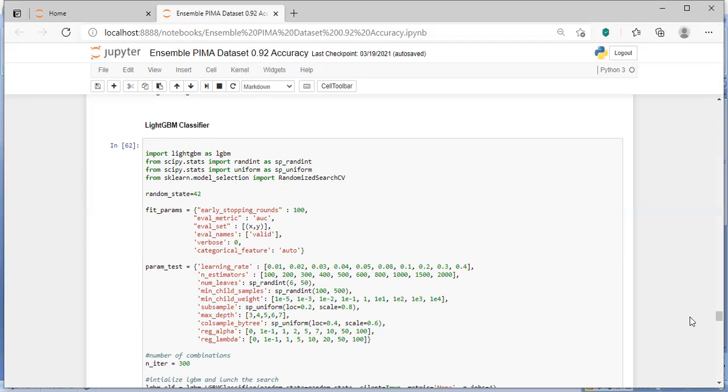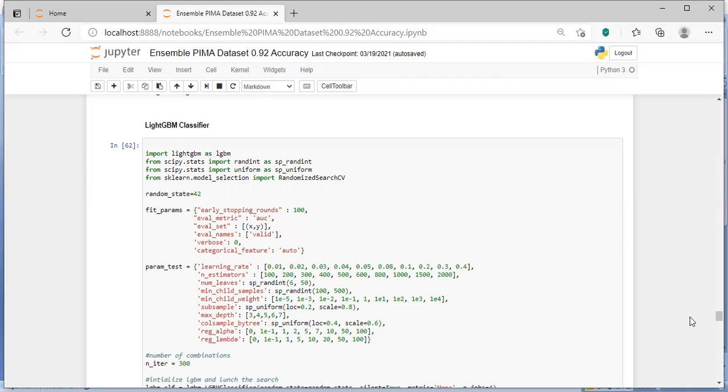Random search CV is much faster than grid search. Why am I using random search CV? LightGBM is a very fast approach, so it will be better to use random search CV. It will be justified to use random search CV instead of grid search CV.